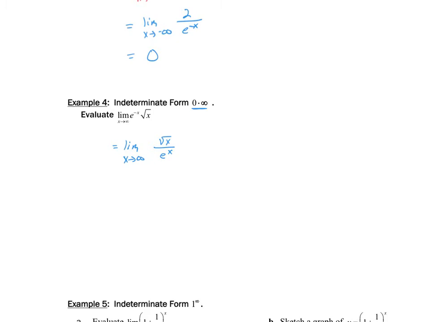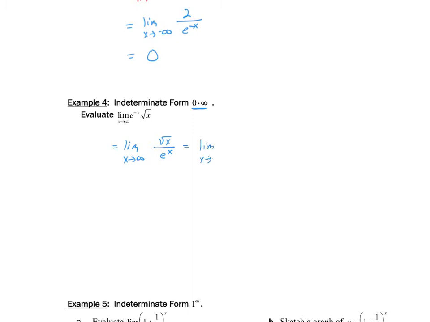So now even if I want to recheck it here, if I put infinity in, square root of infinity is still infinity, e to the infinity is infinity. So yes, the form changed, but it's still indeterminate. The original form is indeterminate. When we rewrite it to apply L'Hopital's, it is still indeterminate. So now if we